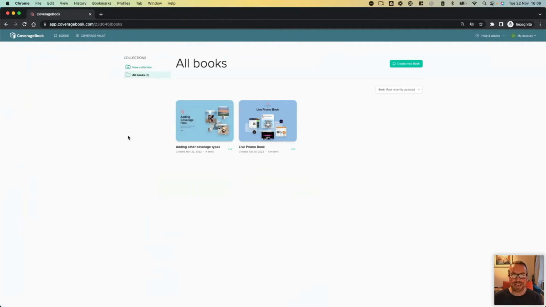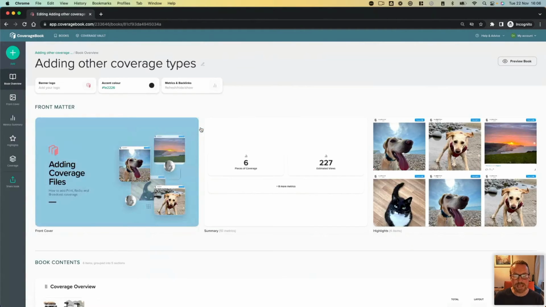But having said that, it is quite a quick process to add in your own data if you have it available for things like print circulation, audiences, and so on and so forth. And that's what we're going to look at now. So I'm just going to dive into this other book that I've started to make, and it's called Adding Coverage